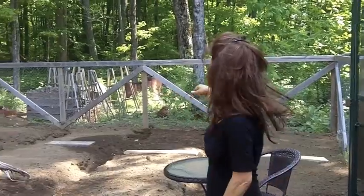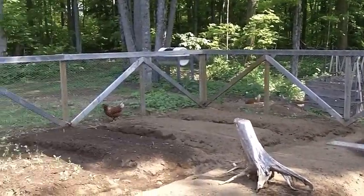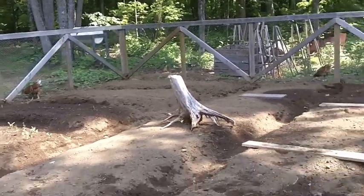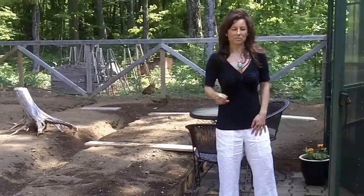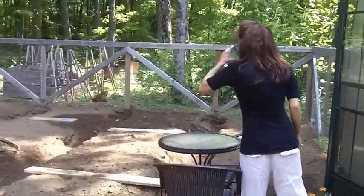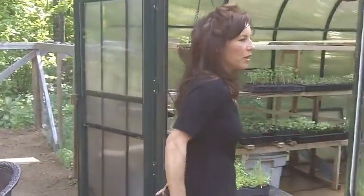So can you see the chicken? Yeah, so they're loose all day long. So I better close the door behind me here. Okay, so here's the greenhouse,